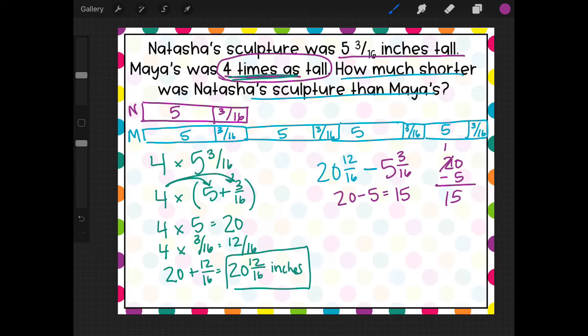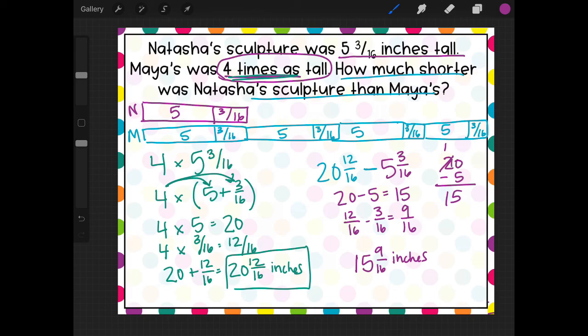Then I know that I can also subtract 12/16 minus 3/16. Now, because 12/16 is greater than 3/16, I can just subtract that like normal. So I'm just going to do 12 minus 3. And I'm going to count backwards in my head right now. So I know that I've got 12 and I need to go down 3. 11, 10, 9. All right. So I know that the actual answer here is going to be 15 9/16